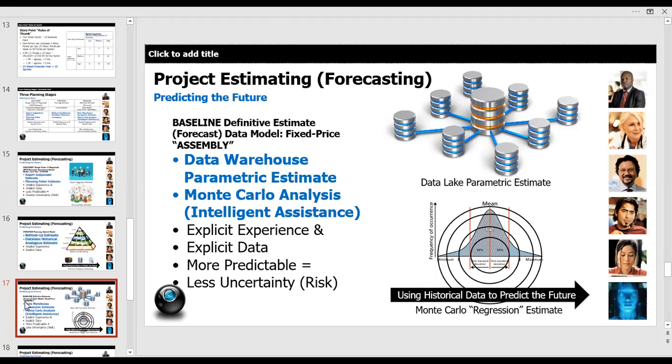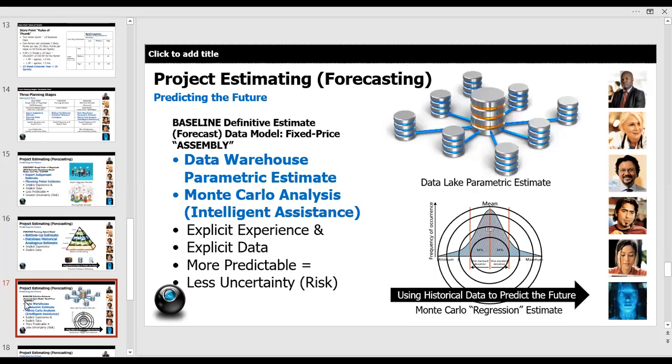But just understand that as we move from the planning estimate to the baseline definitive estimate, now we're moving into very much a forecasted data model. And we need that to do, we call that fixed price assembly, to do really good prediction. The more we've set up the work to be assembly, the easier it is to predict the outcome. The more work is set up as custom, where it's based on just the humans that are available or not available,